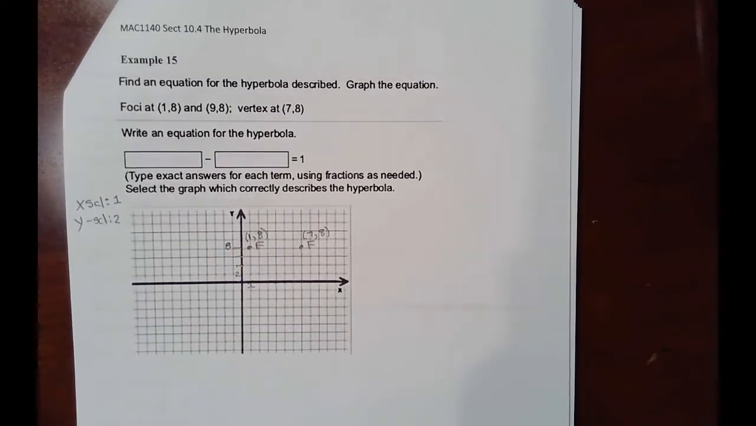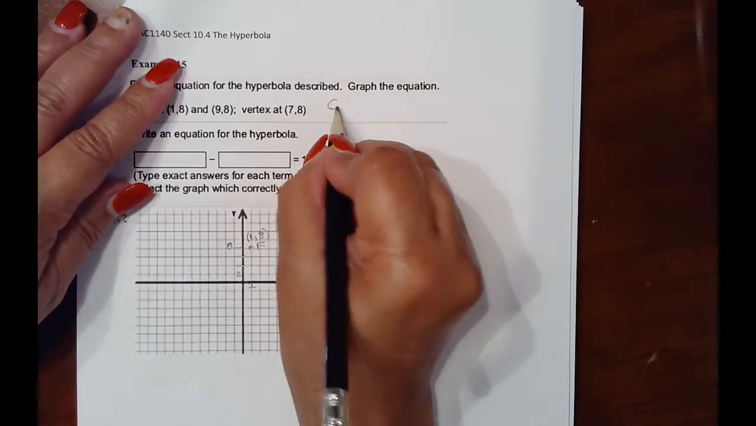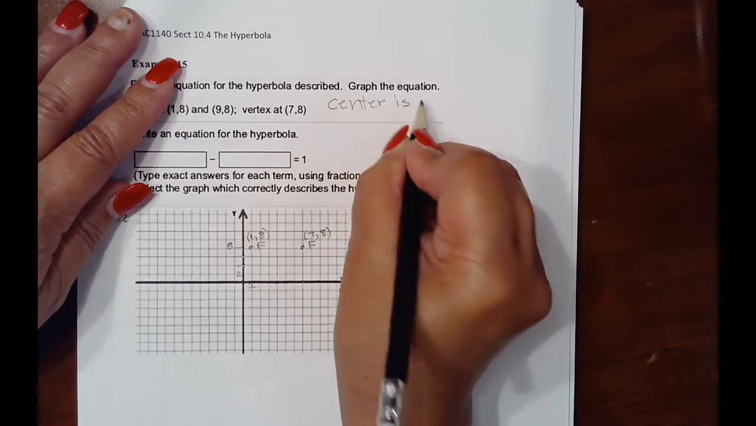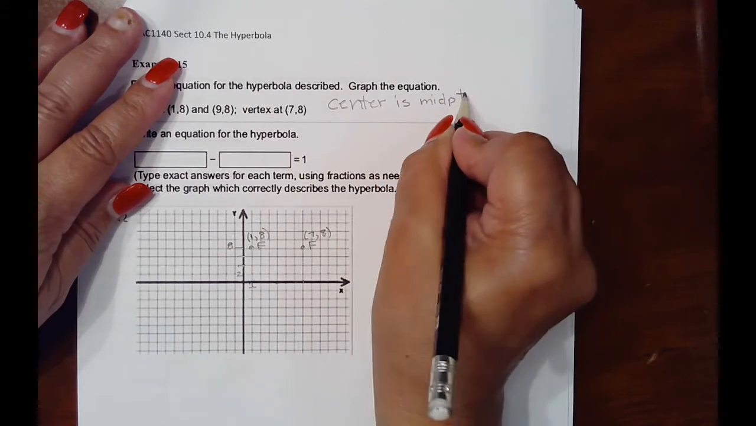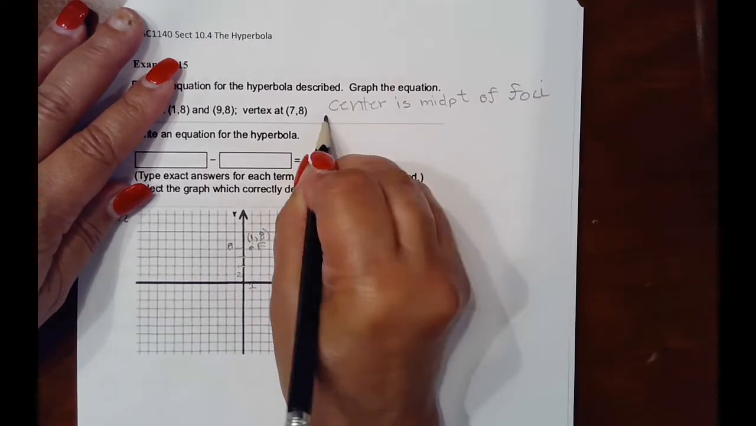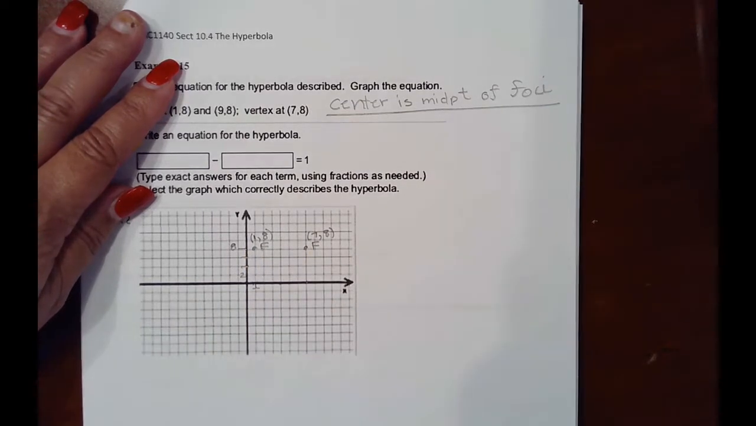And the center is always situated exactly in the middle of the two foci. It's also situated exactly in the middle of the two vertices. So you can tell what the center is right now, just from the two foci. The center is the midpoint of the two foci. So you could just count the distance here. If you're going from 1 to 7, that is,